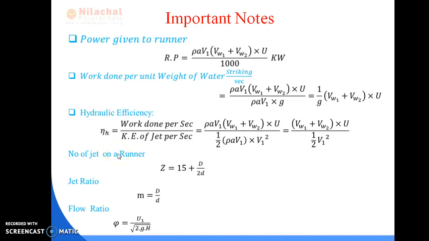But in case of a Pelton wheel turbine, we have to remember some formulas. The number of jets for a runner is Z, given by the formula 15 plus D by 2d, where capital D is the mean diameter of the bucket and small d is the diameter of the nozzle. Jet ratio is denoted by the symbol M, that is the ratio of the diameter of the bucket to the diameter of the nozzle. Another formula we have to remember is flow ratio. Flow ratio is the ratio of velocity of blade to that